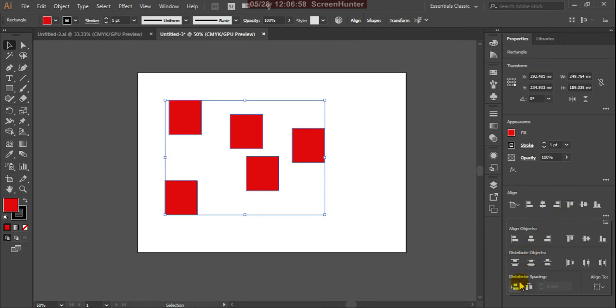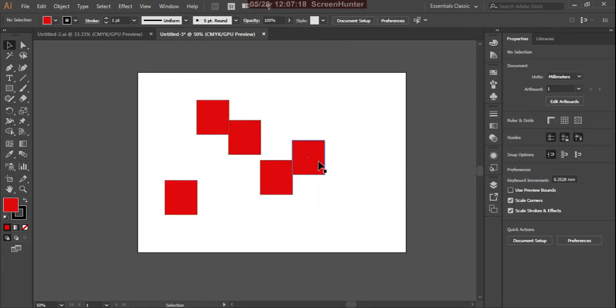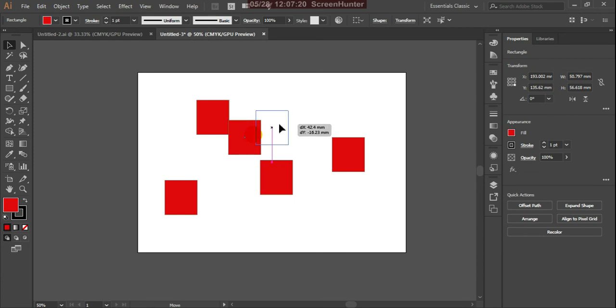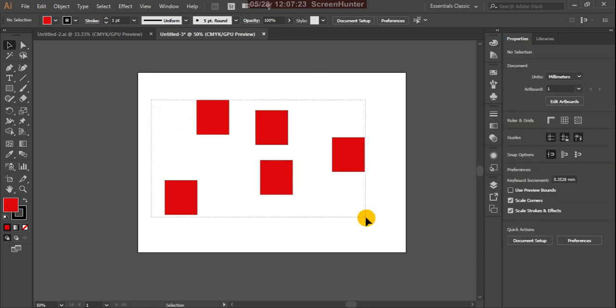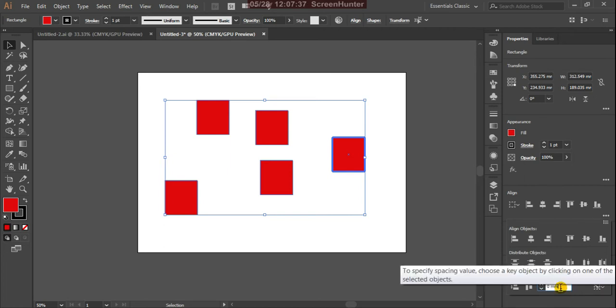Now this is distribute spacing. There is another option, distribute spacing. See, the spacing is distributing, and here it is horizontal distribute space. Now here I'm giving a number.